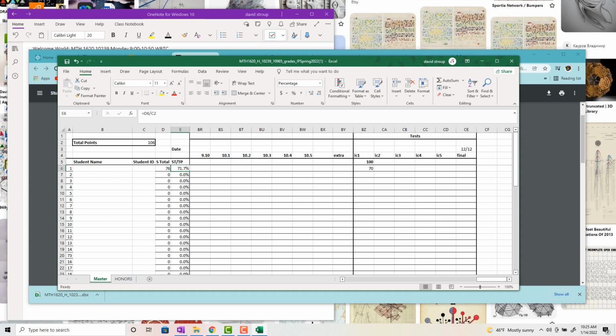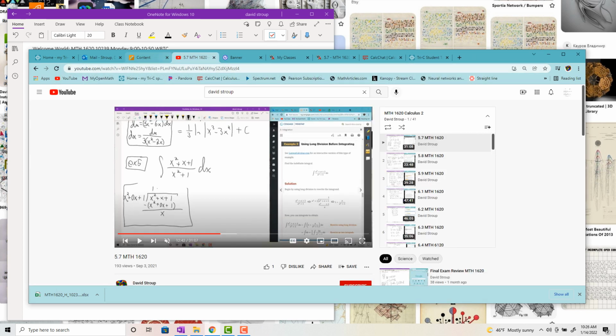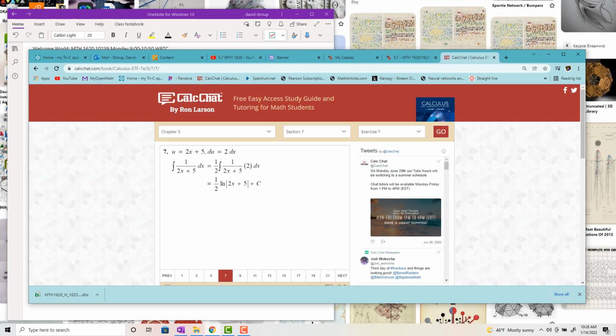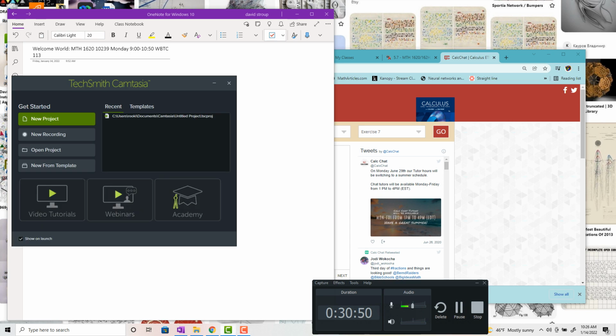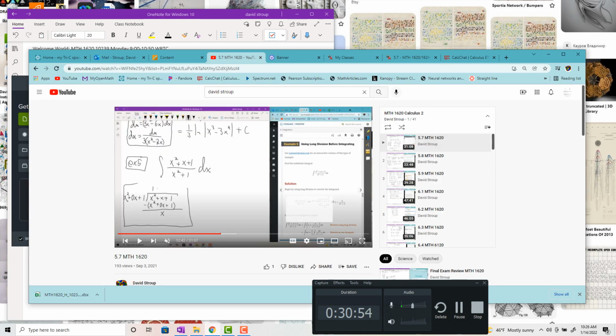This is what I use for your grades. You don't need the honors; that was just when we had an honors section attached. So you can literally use this Excel sheet to predict your grade. You could always email me if you need to, and I could tell you what your grade is, but I'm hoping that you're all taking calculus and can figure out your own grades. I know that was a lot, but when push comes to shove, you are basically just, you know, what is it about?